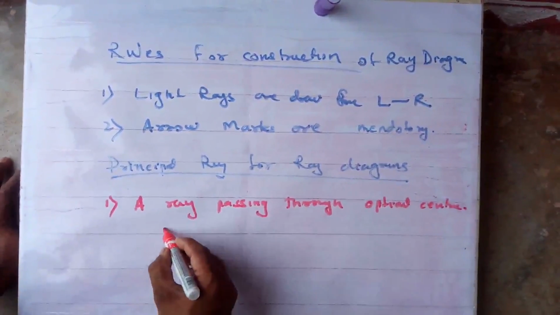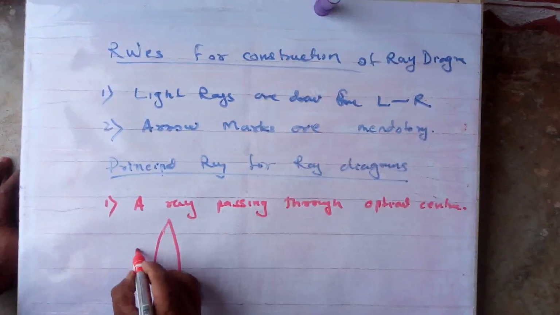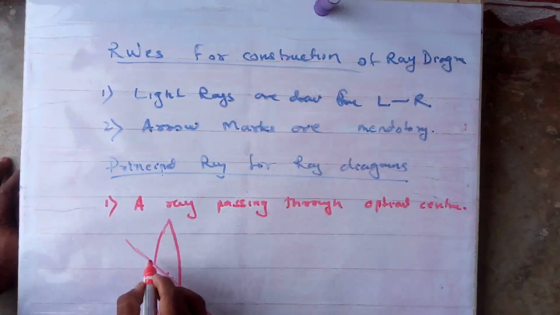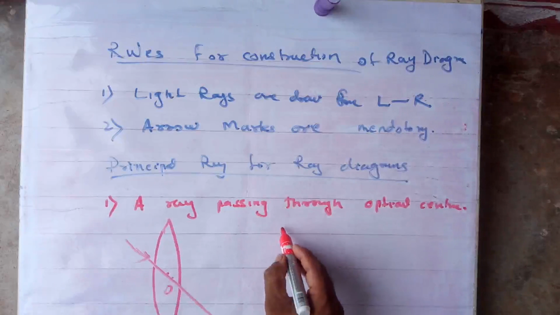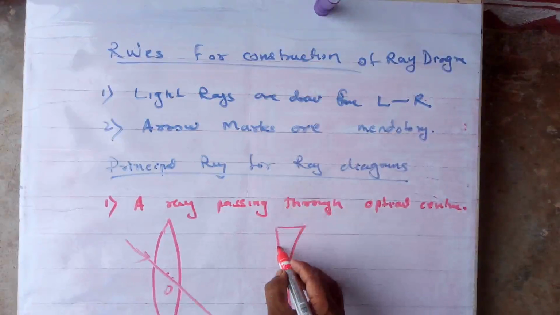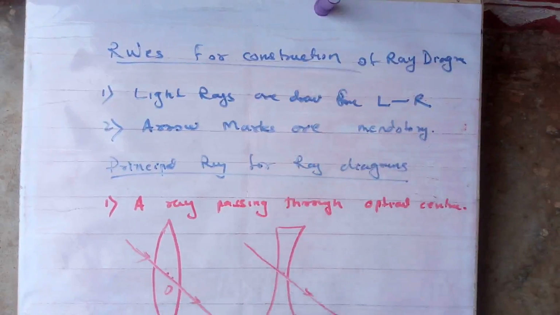Suppose a ray passes through the optical center, we have already discussed, the ray will go without any deviation. Here this is the optical center, generally we take optical center O. Whether concave or convex, if the ray goes through the optical center, it will go without any deviation, in the same line. Clear? I already discussed that there is a little lateral shift, but for thin lenses that shifting is very less, so you can ignore it. I can draw the straight line. Clear?